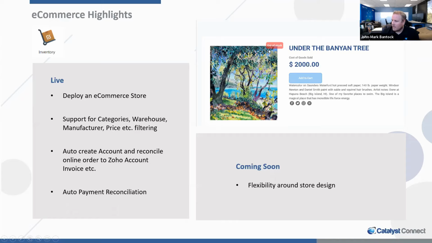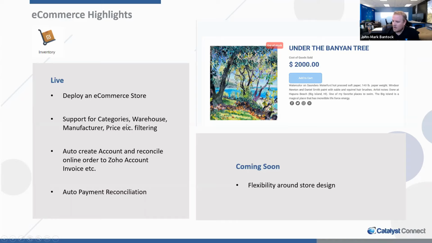We pull live stock balances from Zoho Inventory. Users can search and filter by inventory in a specific warehouse if you're a local company. We support manufacturing filtering, price filtering,